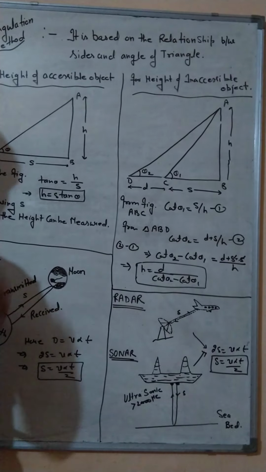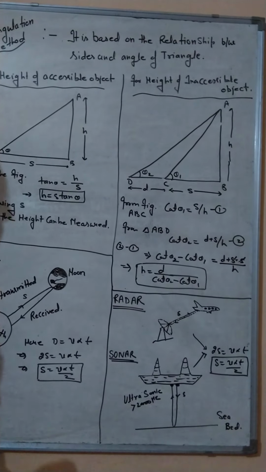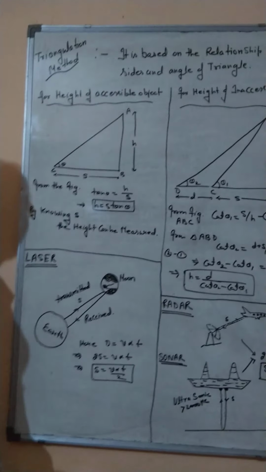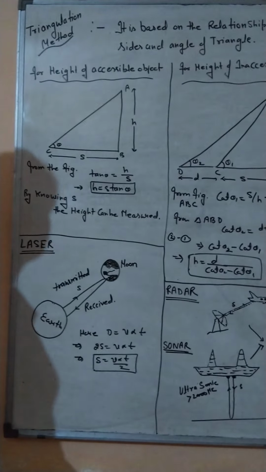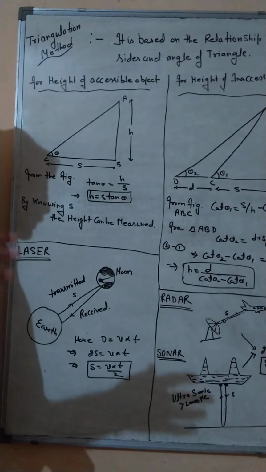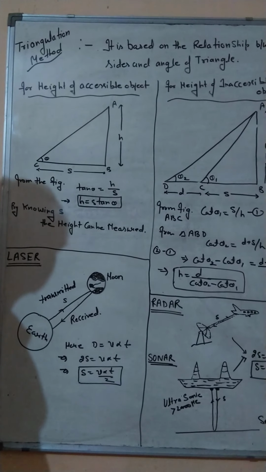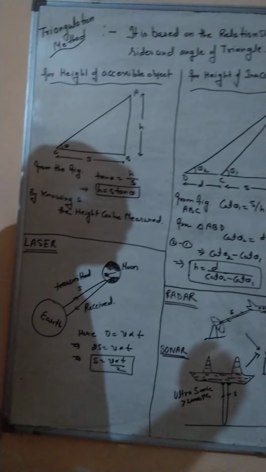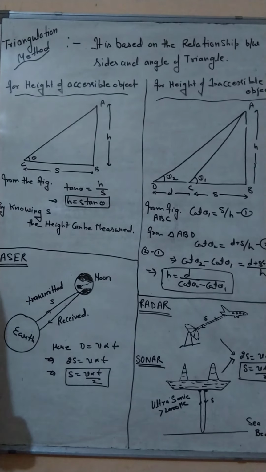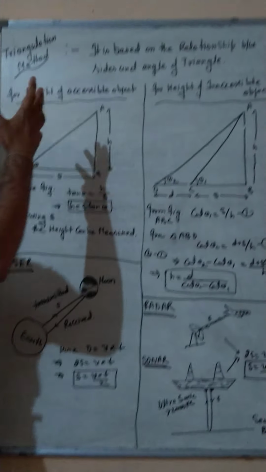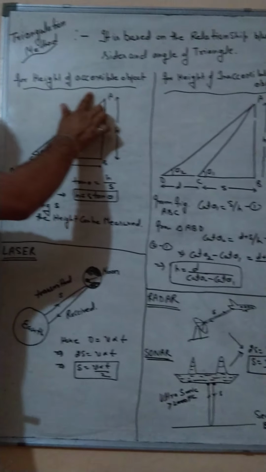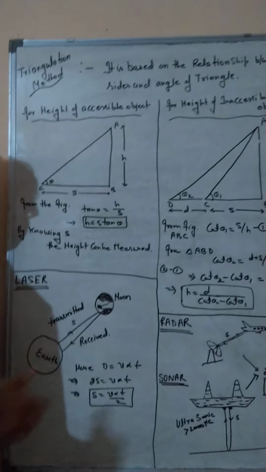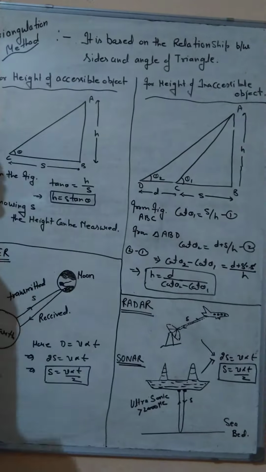To understand this concept, first of all, we will try to understand why the triangulation method is so necessary. I told you in the previous class that in our society there are two types of things. The first type is those whose height can be measured by us, while the other type is those whose height cannot be measured by us. Objects whose height can be measured by us are called accessible objects, while those objects whose height cannot be measured by ordinary or simple persons are known as inaccessible objects.